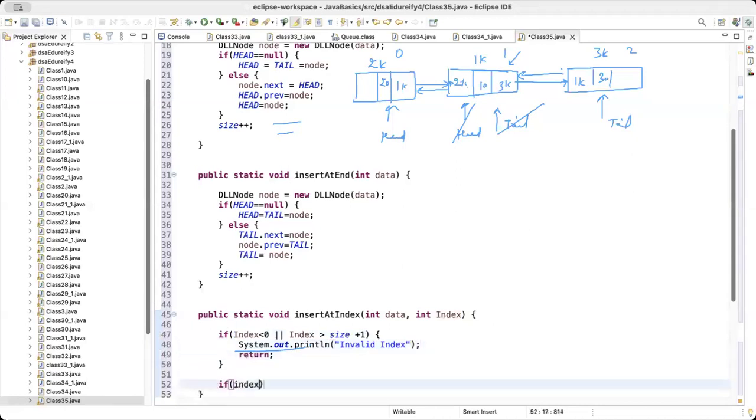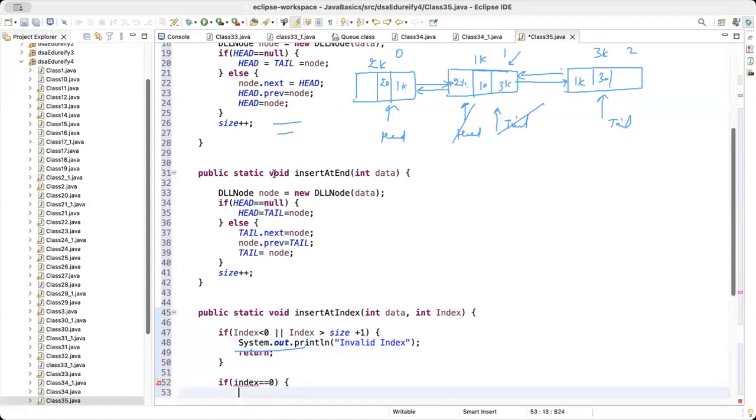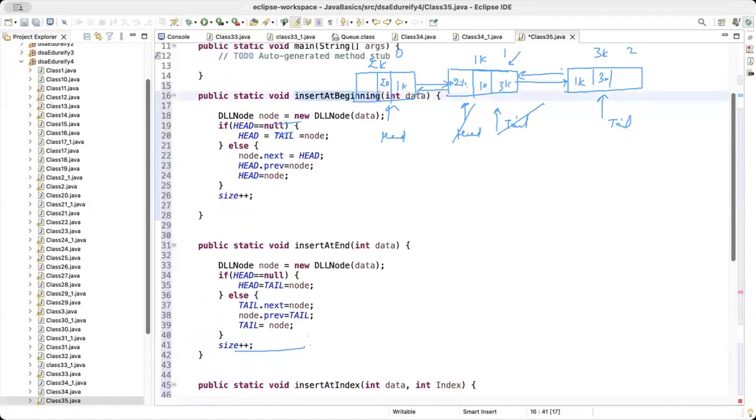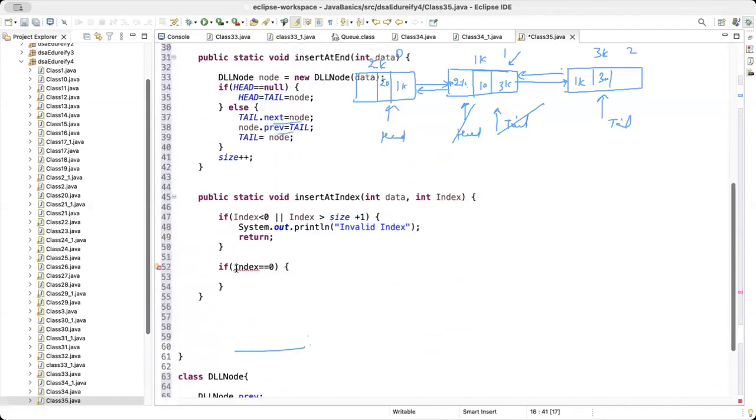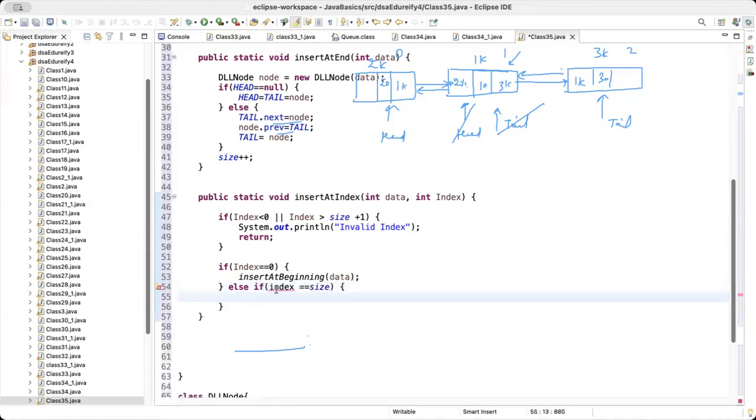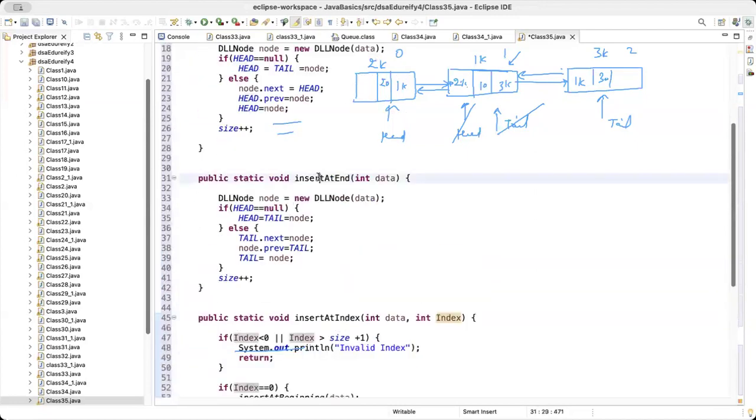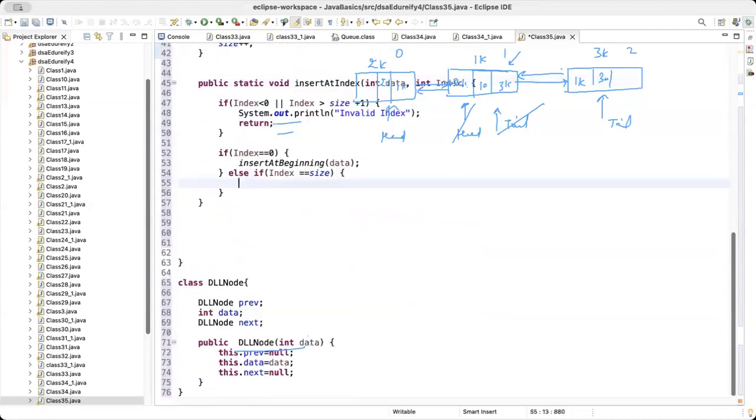If index is equal to 0, it's nothing but we are trying to insert a node at the beginning. So I'll just call this particular function, and we'll pass the data here. That's it. Else if index equal to size, then in that case, we want to insert at the end, we can simply write something like this, and we'll pass the data here. Else